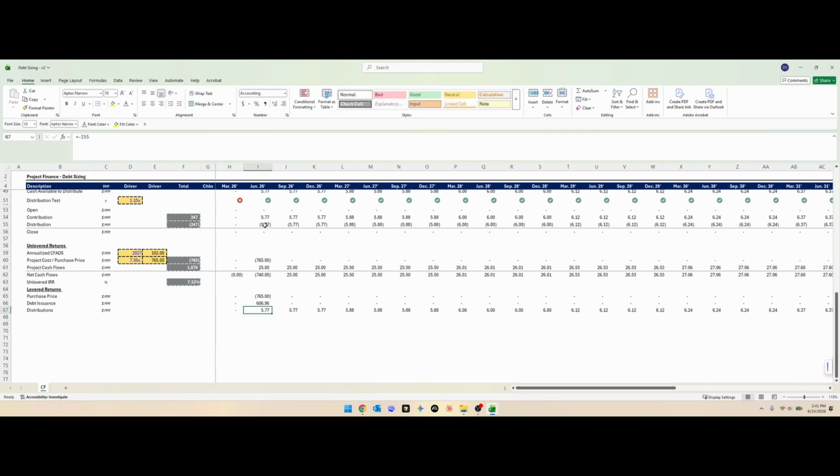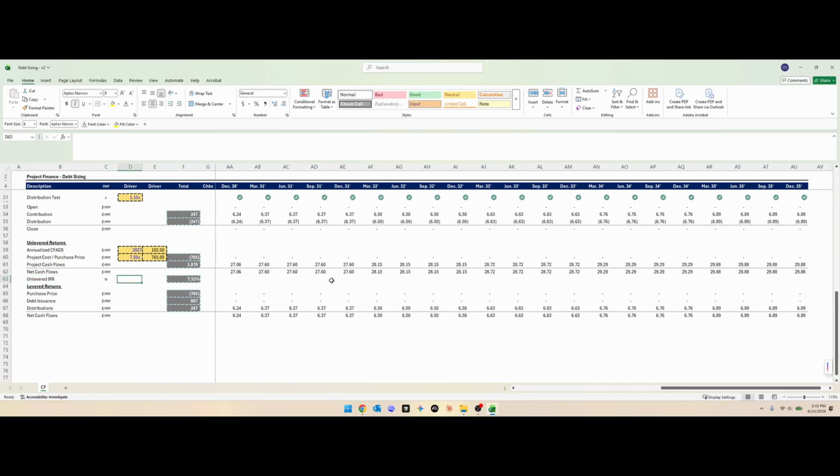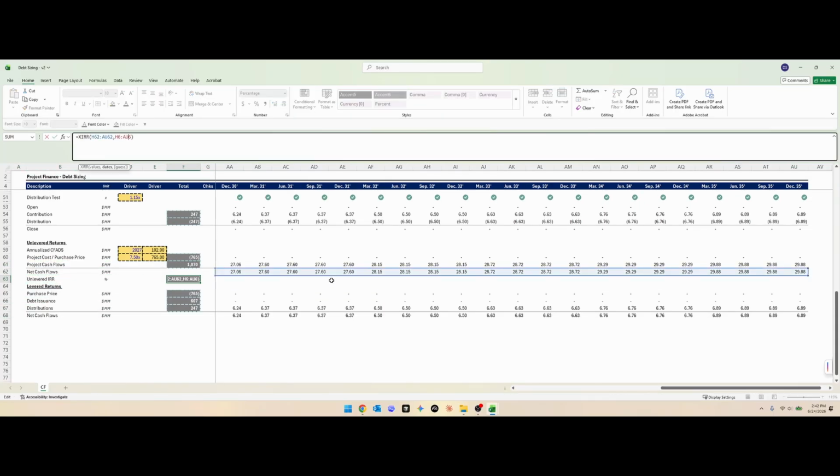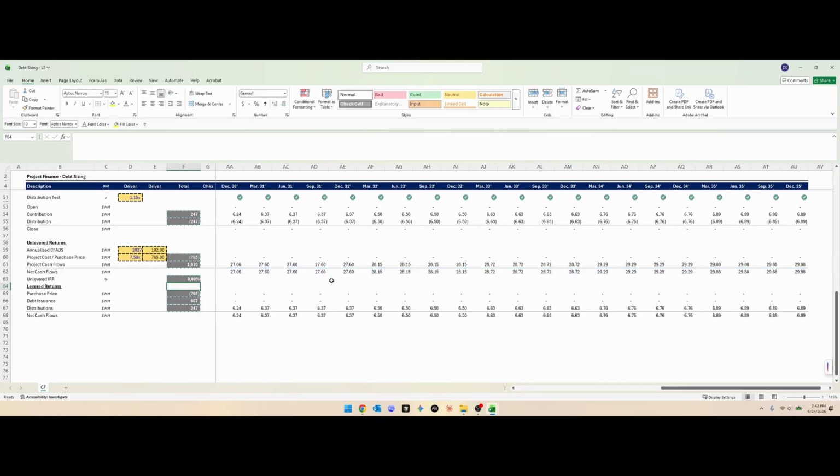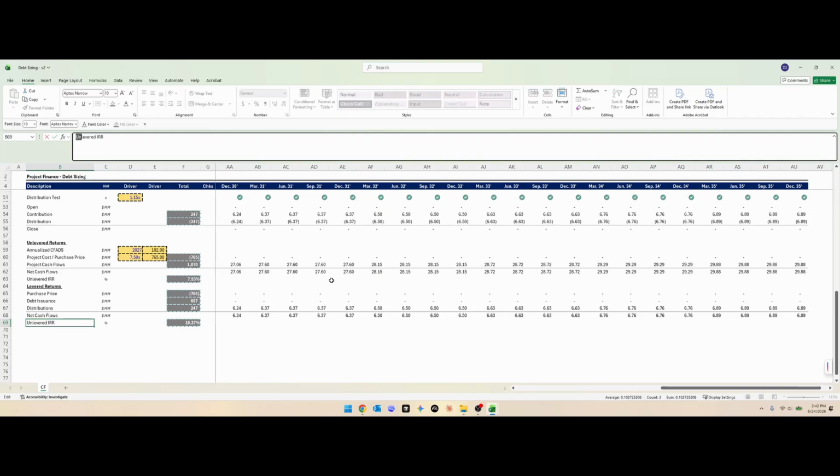Really important to grab this because, like we did previously, you're not going to get returns if you're not hitting your distribution test. So pretty vital to go in and pick that up. So we get down to our distributions here, our levered IRR. And let's make sure we lock in our time series before I pull this down. And then it's just as simple as replacing this. Levered IRR is